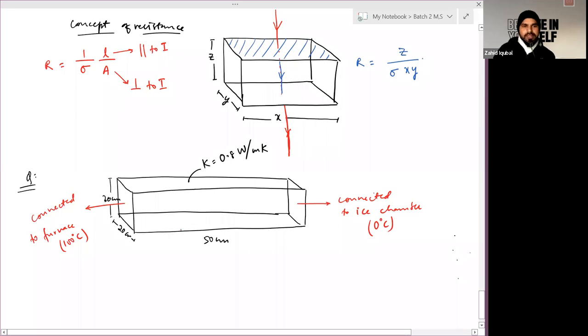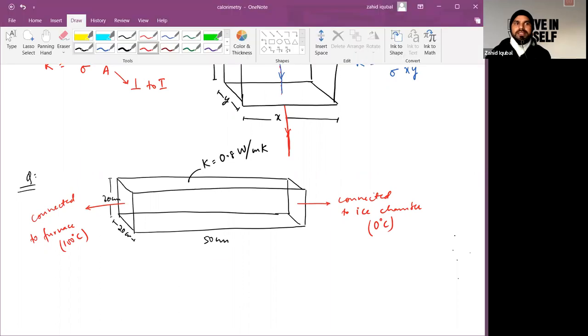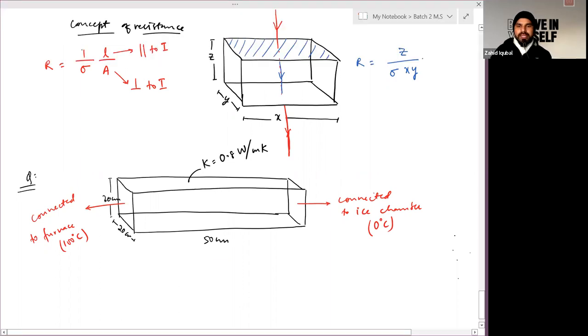There is a rod having dimensions 50 centimeter, 20 centimeter, 20 centimeter, thermal conductivity 0.8 watt per meter Kelvin, whose one face is connected to a furnace at 100 degrees Celsius. The other is connected with ice at 0 degrees Celsius. Now for this part, you have to calculate